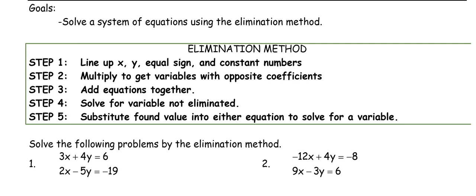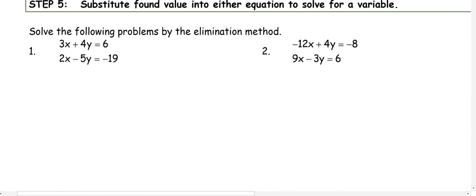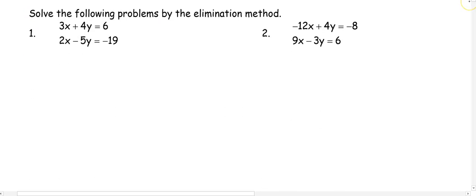Add the equations together, solve for the variable not eliminated, and then substitute the found value into either equation to solve for the other variable. So the difference with today is that we have to multiply both equations to get rid of our variable, because right now, I can't multiply 2 by something to get to 3 or 4 by something to get to 5. So instead, I need to think about which variable I want to eliminate, which gives me more of a choice. And then I need to figure out what number they both multiply to